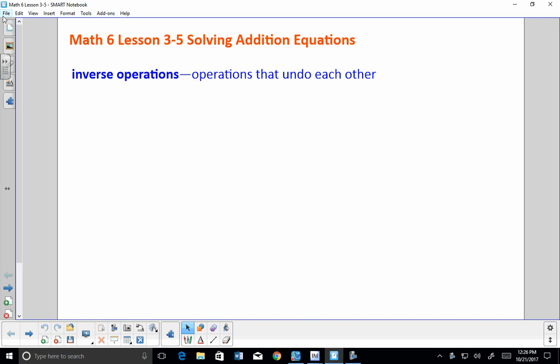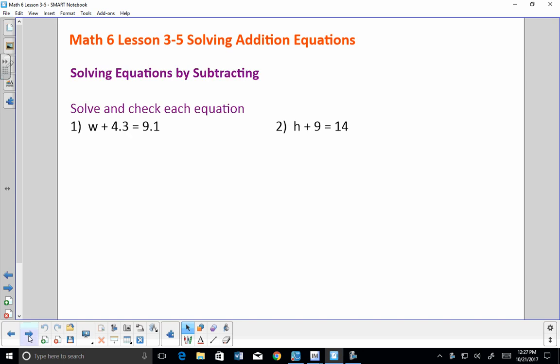Addition undoes subtraction. Subtraction undoes addition. Multiplication undoes division. Division undoes multiplication. We will be using inverse operations to solve equations today. If we have addition equations, such as w plus 4.3 equals 9.1, if we want to solve this equation, we